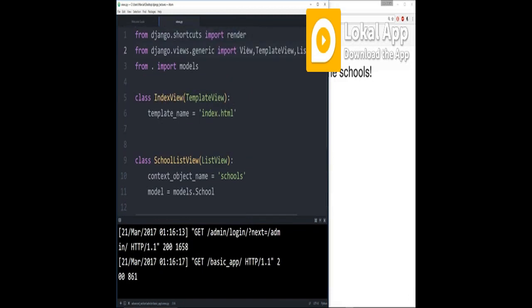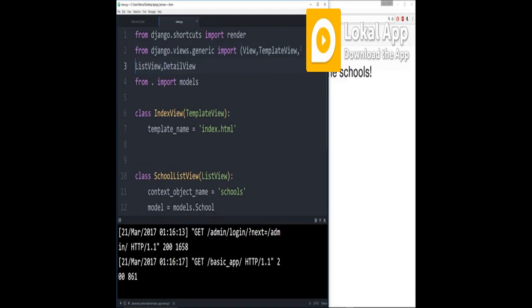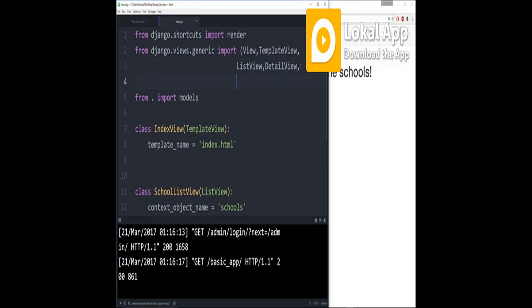Right now we're importing view, template view, list view, and what I can do to put these in multiple lines is have some parentheses here, and anything wrapped inside these parentheses can then go on multiple lines. So I'm importing view, template view, list view, detail view. We're already familiar with those. And then I'm also going to be importing create view, update view, and then